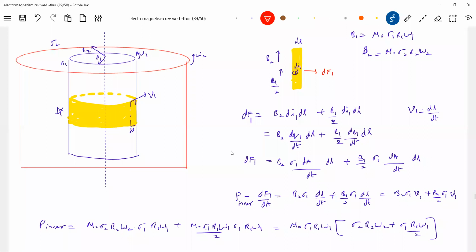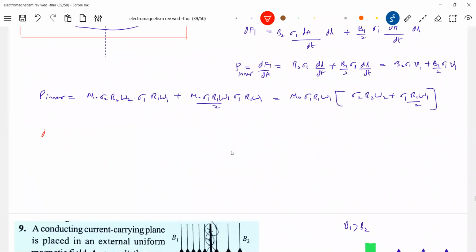So I think outer cylinder will be very easy. What shall we write? Outer cylinder. What is the field due to inner cylinder at the location of the outer cylinder? Will be 0, no? Do we agree with this condition? So what is the field produced by the inner cylinder at the location of outer cylinder? Will be 0. So we'll find this dF on outer cylinder. We'll take that one. I'll directly write this orally without any diagrams.